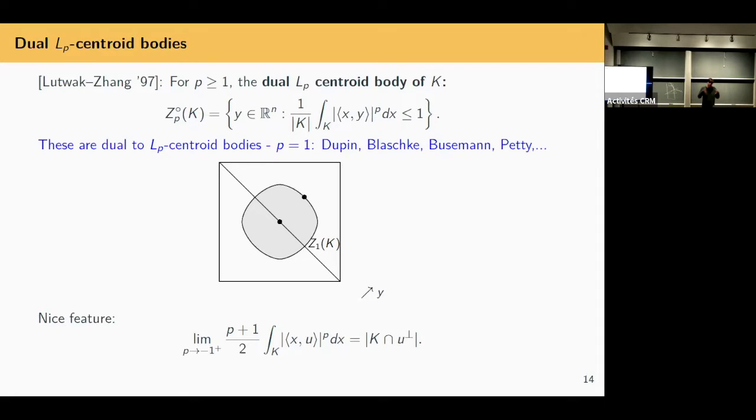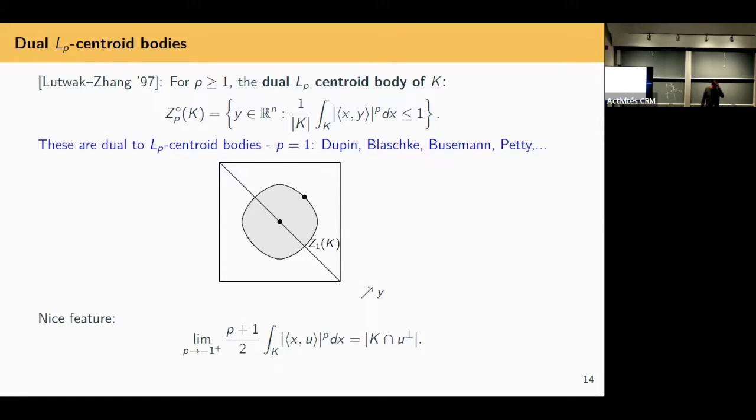I've drawn a picture of the L1 centroid body now without the polar. And what is it? It's a bunch of centroids. Centroids of what? If K is the square, I fix a direction, y. I cut my body in two pieces through the origin, perpendicular to this y. And I look at the centroid of that region. I change the y. Every time I cut, I get it in two equal pieces, plot the centroids. So the locus of all points obtained as centroids of the halves of K cut by hyperplanes through the origin is the centroid body. Okay, so you can think about plotting the coordinates of the centroid body, and what this ends up being is a sort of distance to a supporting hyperplane to my body.